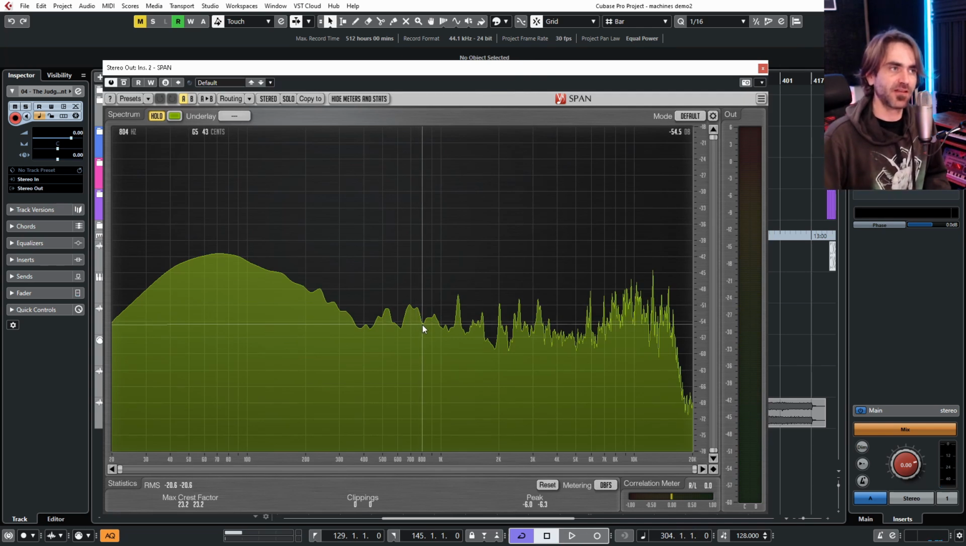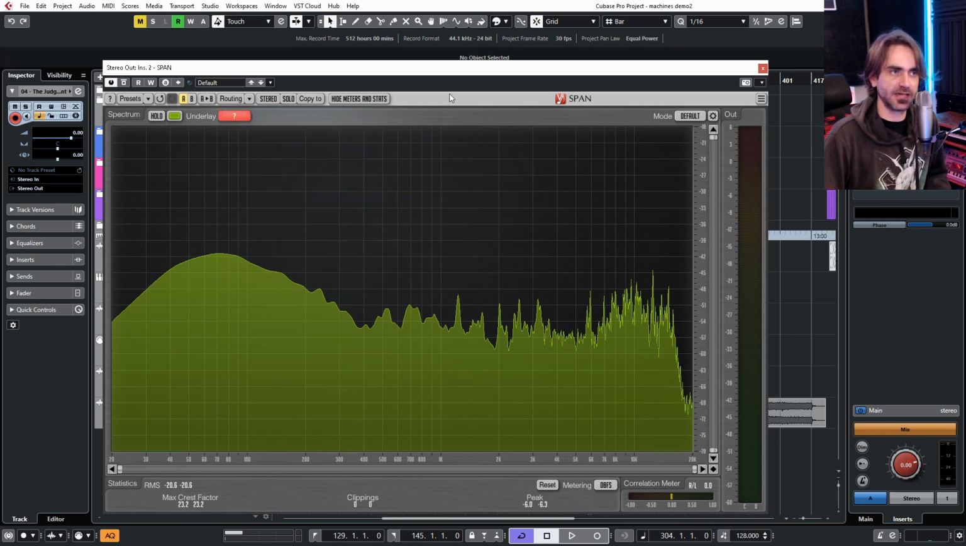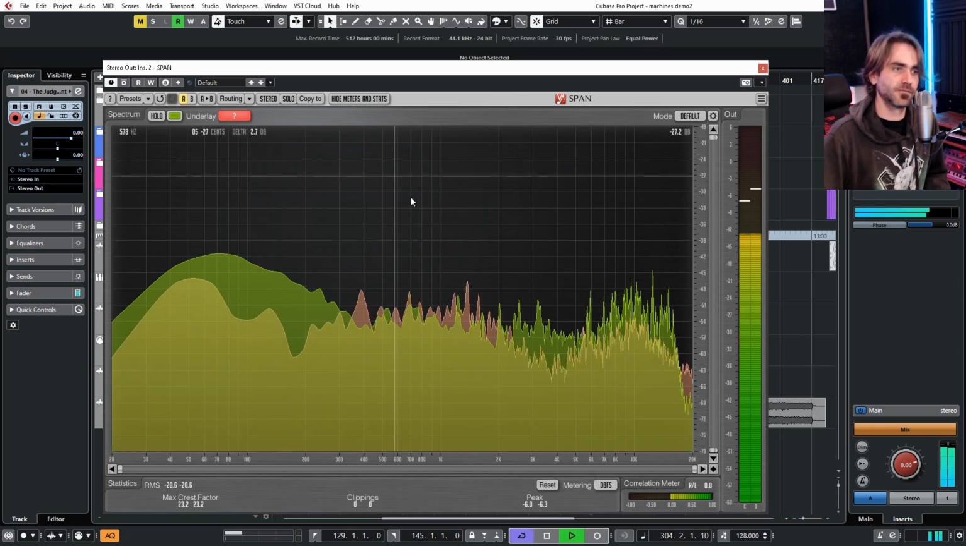However, a really cool thing that SPAN, the free version of SPAN, has built in is this underlay setting. So what you can do here is set G2 to underlay an orange spectrum, and now what we're going to have to do is set the routing so that G2 is grabbing information from the stereo track. So let's just go like this, and now if we press space,